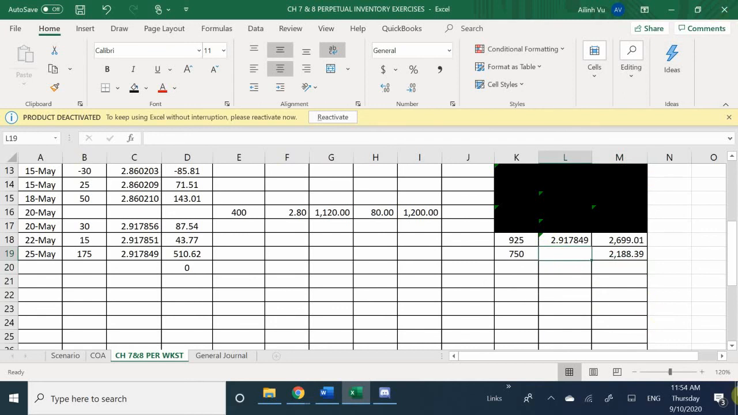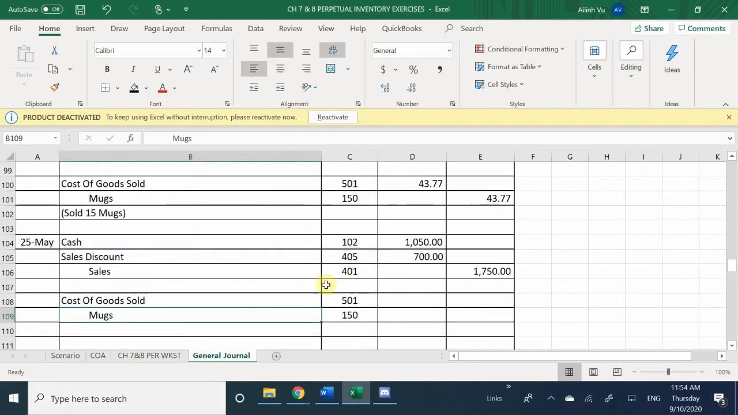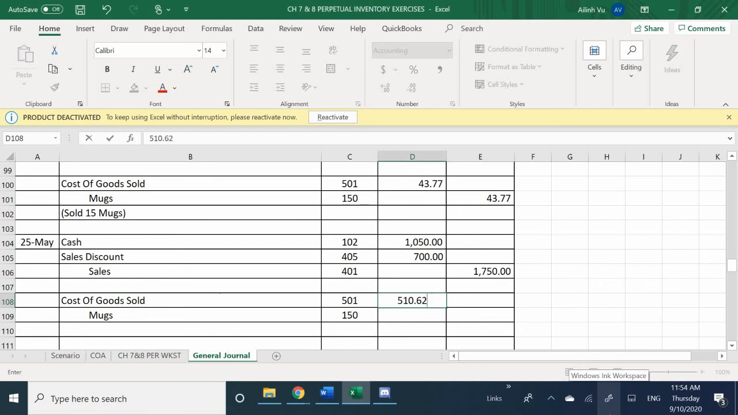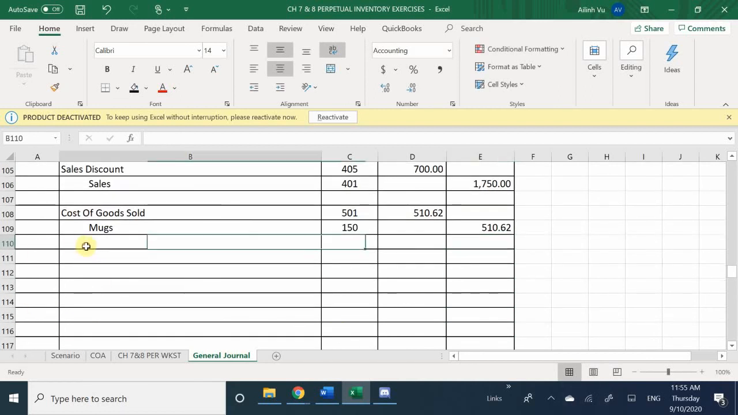Yes, ma'am. And solve the cost per item. Good. All right. So now I can go ahead and eliminate that. And I know that my total here that I sold was 510.62. So I go to my journal and I'm going to indicate I got 510.62. Okay. And I'm going to indicate here